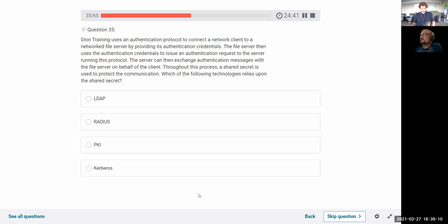Shared secret. PKI? I thought it was RADIUS or Kerberos. I don't know. It's an authentication handshake going on there. Shared secret. It's either RADIUS or, these two go together, or this one with this one. Kerberos just